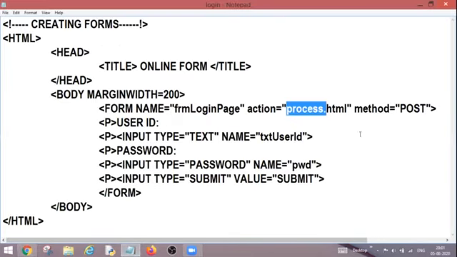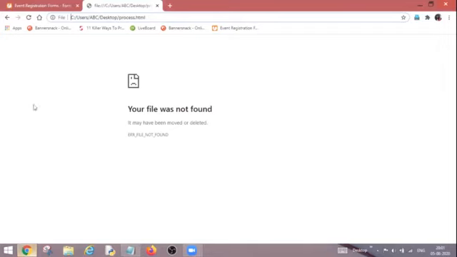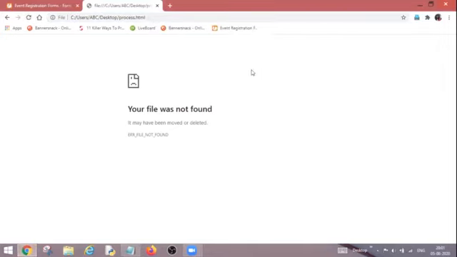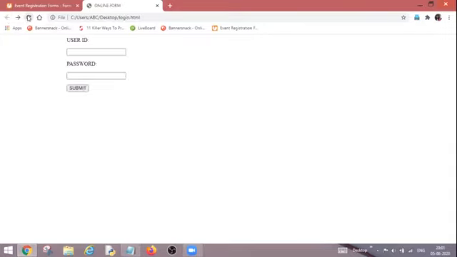But now I'm going to change it to get. So what will happen? Control S. Now go back and refresh it. And user ID again I'm entering, and password also I'm entering, and submit.